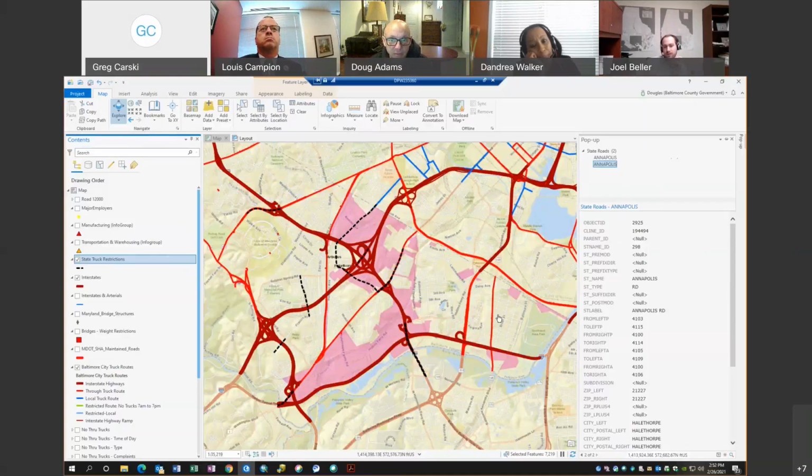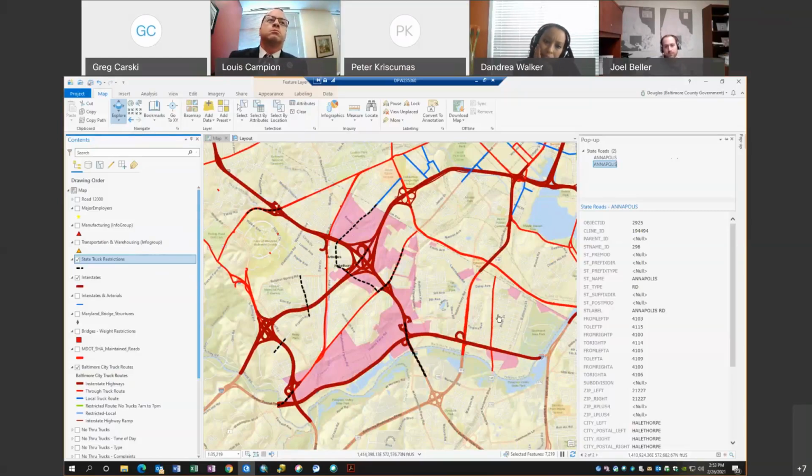It's weird that the city side doesn't seem to have anything designated there, when most of their stuff is really built out. Yeah, it's not restricted at the city line. It still continues on up to wherever they're going in the city. If I can jump in here real quick, with Annapolis Road, in the 20 plus years that I've worked